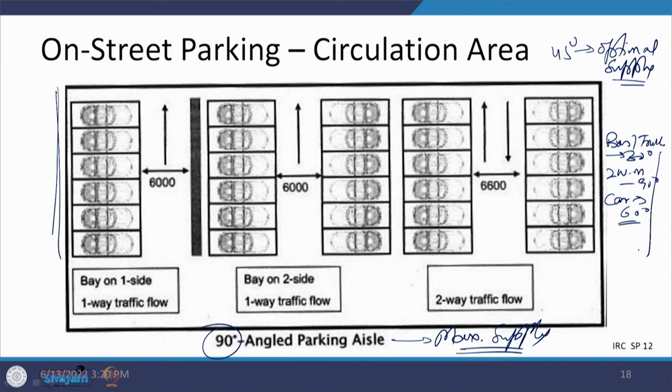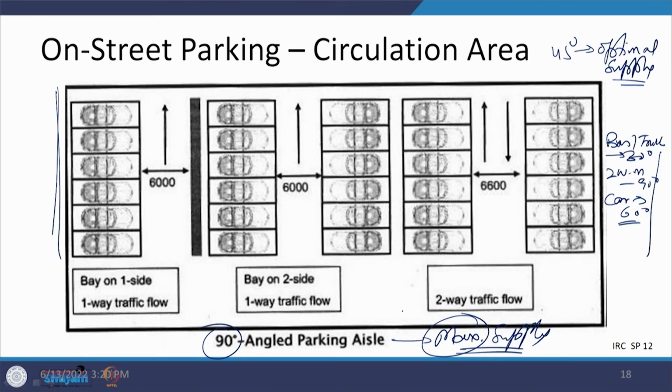So, depending on the type of vehicle also, the choice of the angle can be looked at. There are two things which we are looking at here. One is the type of the vehicle, another one is the amount of spaces which are going to be there. So, in one case it is maximum. If you are talking about 180-degree, it is minimum spaces, and 90-degree you are going to get maximum spaces. So, that can be corrected in this form.